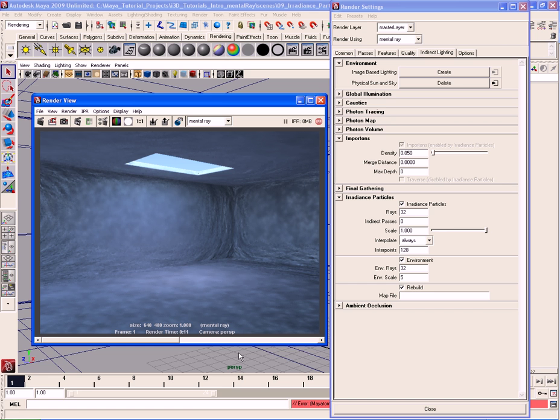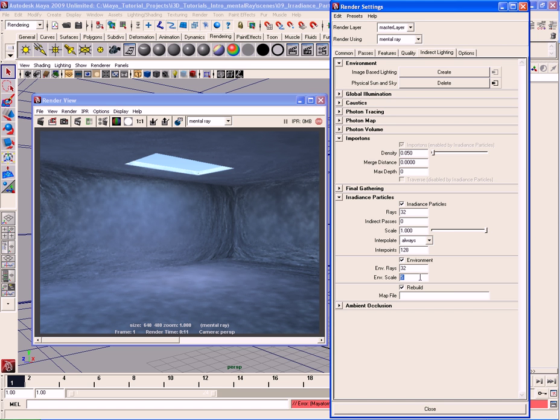And we can see that it's much brighter than before. Okay, so I'm going to take the scale and knock it back down to 1, how it was before. Another way that we can control the brightness of that environment is by controlling the actual environment shader